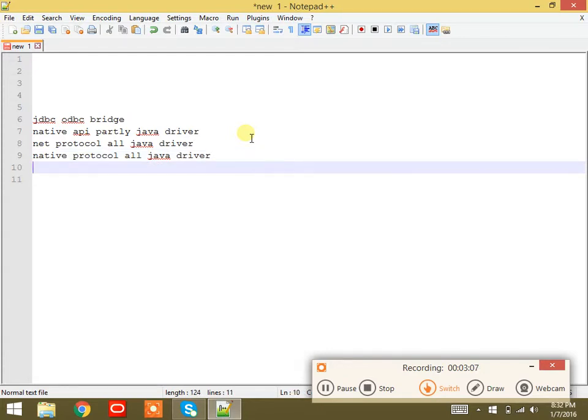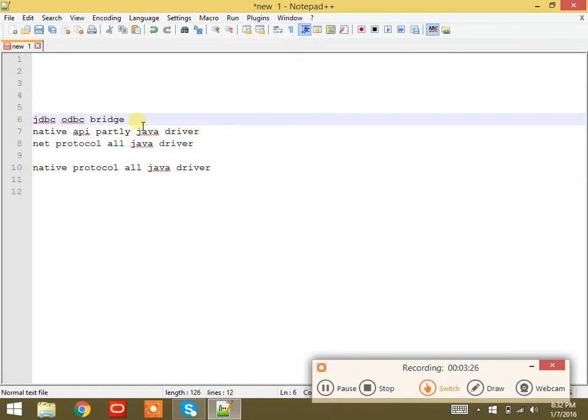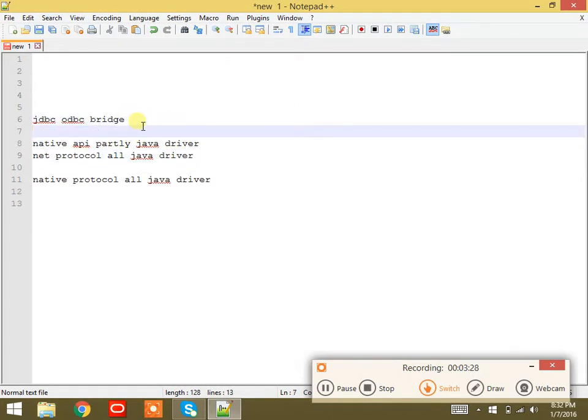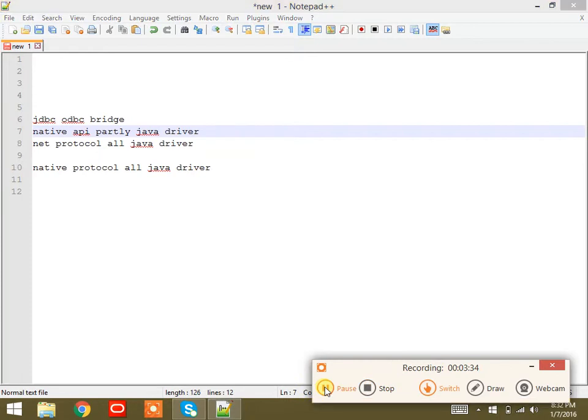So we have 4 different types of drivers.